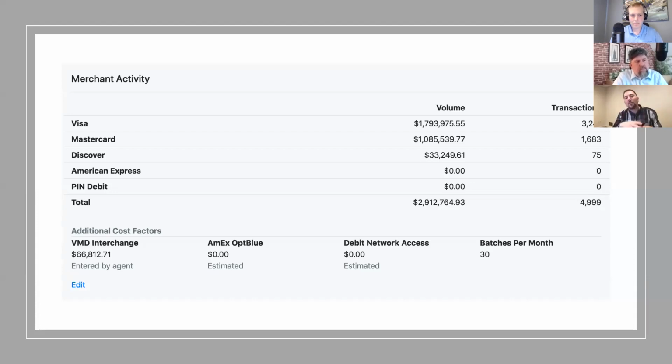So I'm going to show you the finished product first, and then we're going to show you how we created it. This is the merchant activity for the statement from our tool. As you can see, a very large merchant doing about $3 million a month in Visa, MasterCard, Discover volume. I also wanted to use this statement because I wanted to emphasize that this tool opens doors to huge accounts that otherwise many of you would never sell. This ability to do the optimization will give you access to things you normally wouldn't be able to have access to, and accounts you couldn't get. So let's show you what this looks like.